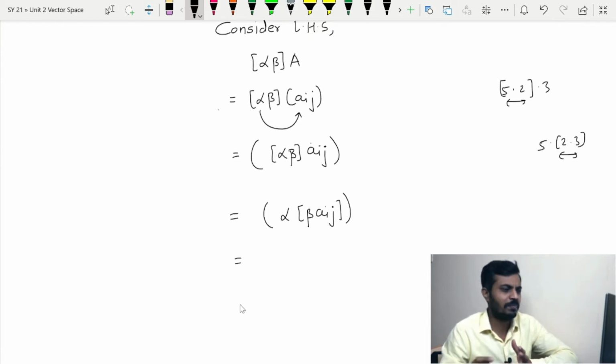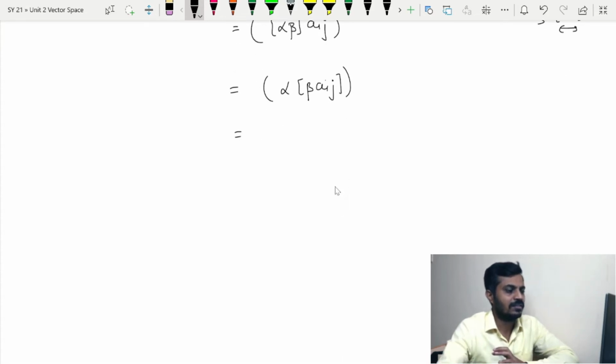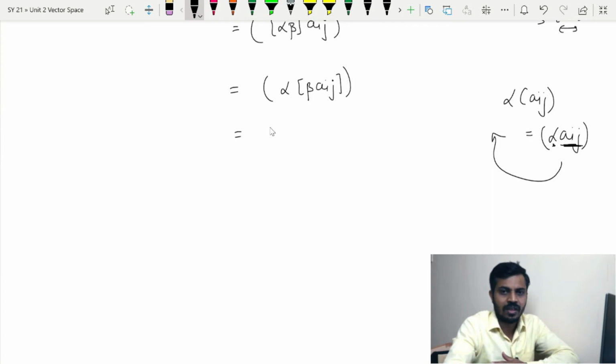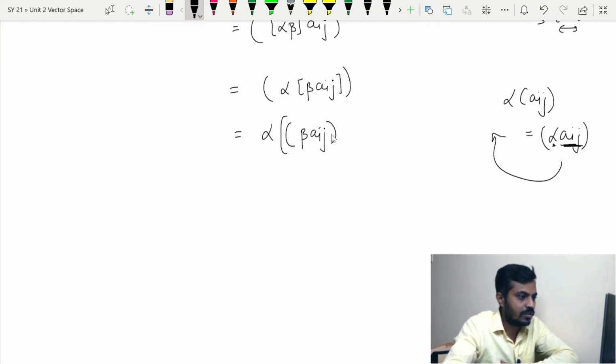here is the most confusing part in this property, how to proceed ahead. Now you can see that alpha is over here, and if you recall the scalar multiplication, alpha A_ij is equal to alpha times a_ij. So this property can be used in reverse way. Suppose we have some scalar multiplied by an entry of the matrix, then that alpha can be pulled out, right? That similar logic I am going to use here. I am going to pull out this alpha outside, so inside you will be left with a matrix that is nothing but beta a_ij. Now I am going to give it a bracket over here.